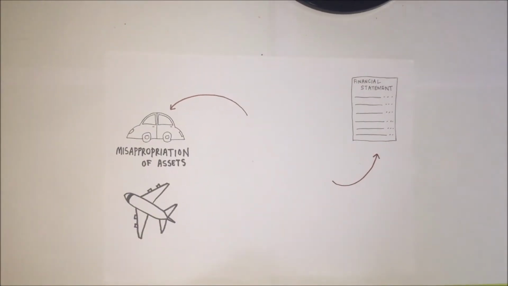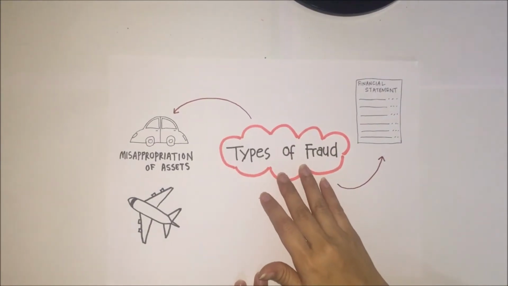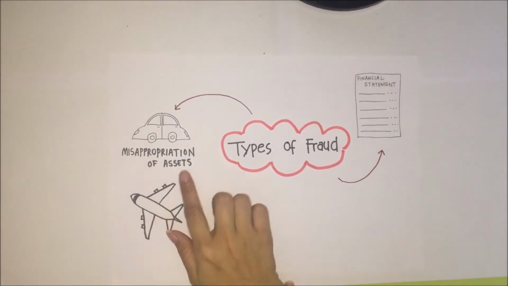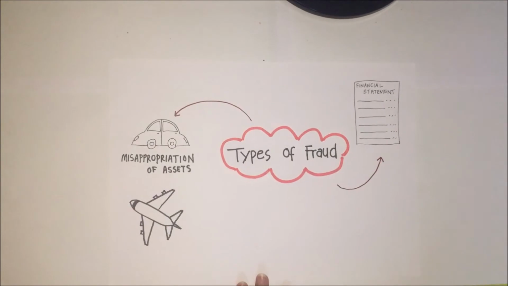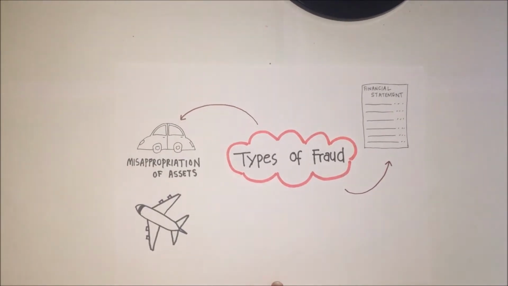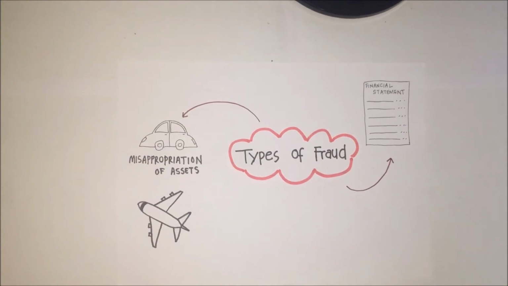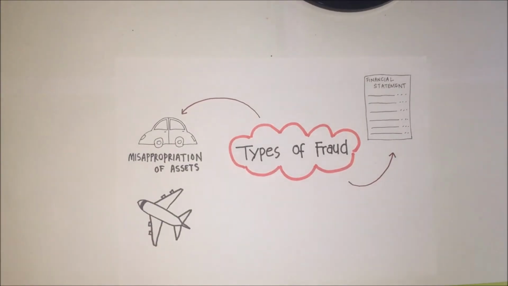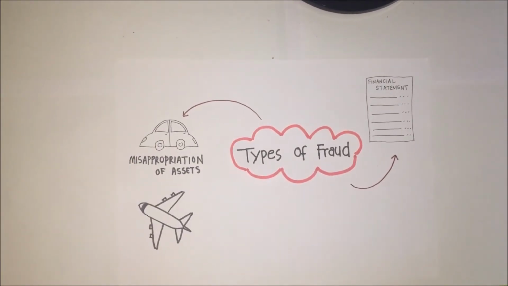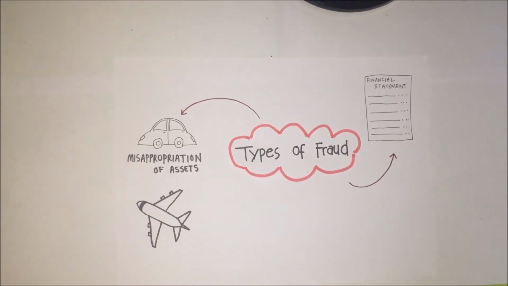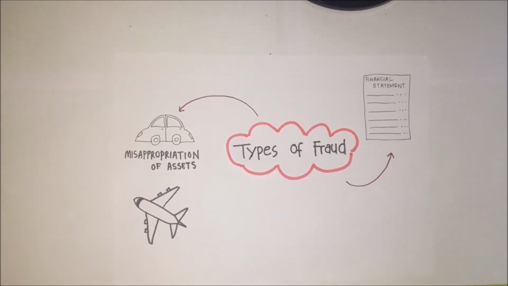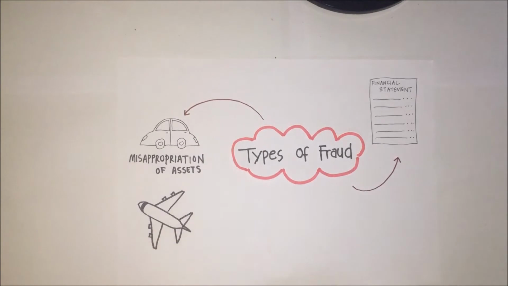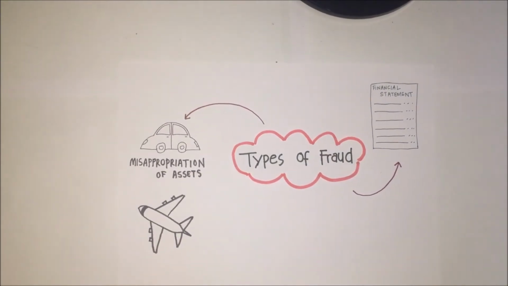Now we move to the types of fraud. There are two types of fraud, which are financial statement fraud and misappropriation of assets. For financial statement fraud, it is a manipulation, falsification, or alteration of records and documents, and the omission of transaction. For example, legal suit is not disclosed in a note of financial statement. While misappropriation of assets, it is using own entity's assets for personal use. For example, stealing asset, embezzling of cash received, and many more.